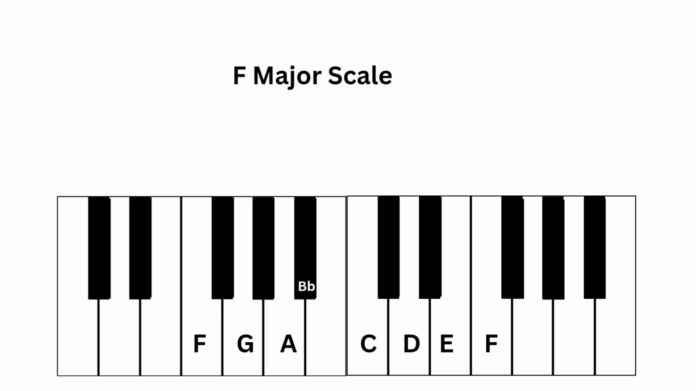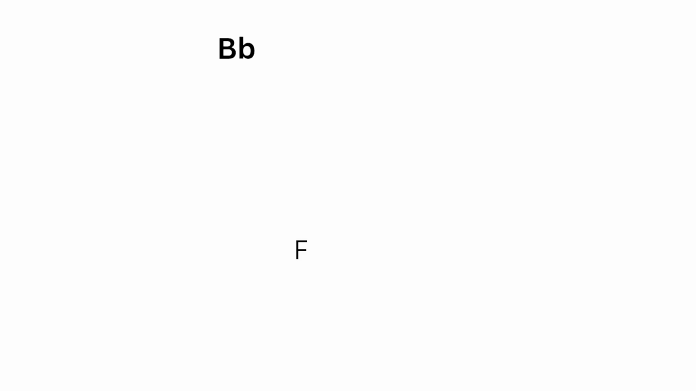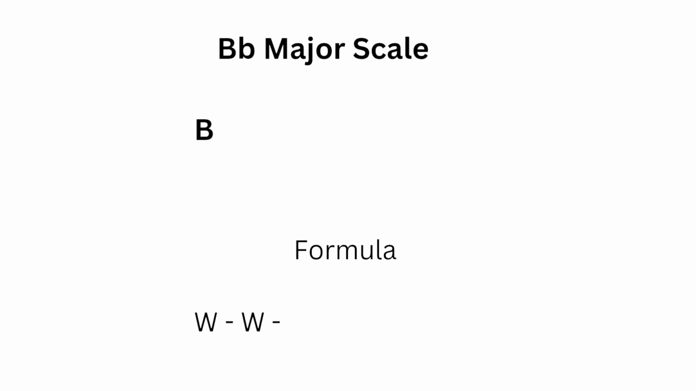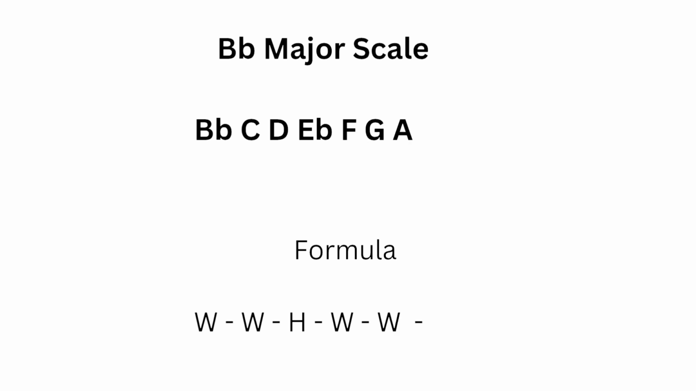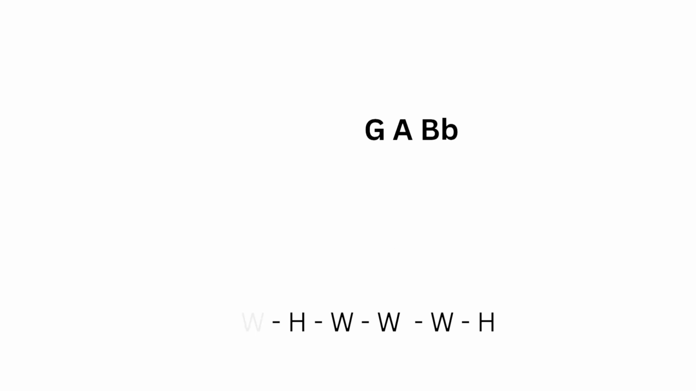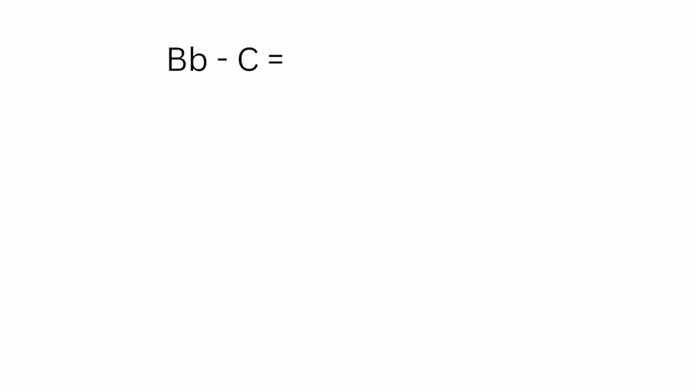B flat major scale. B flat major scale has two flats, that is B flat and E flat. The formula of the major scale is whole step, half step, whole step, whole step, whole step, and half step. The scale goes like B flat, C, D, E flat, F, G, A, and B flat, where B flat to